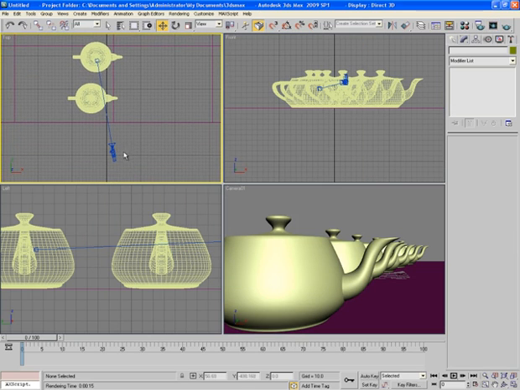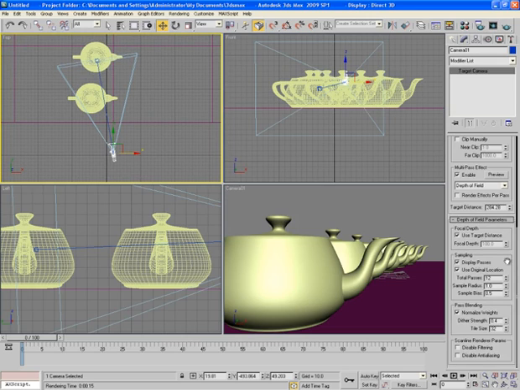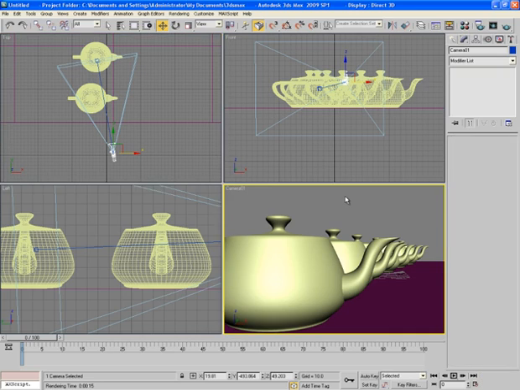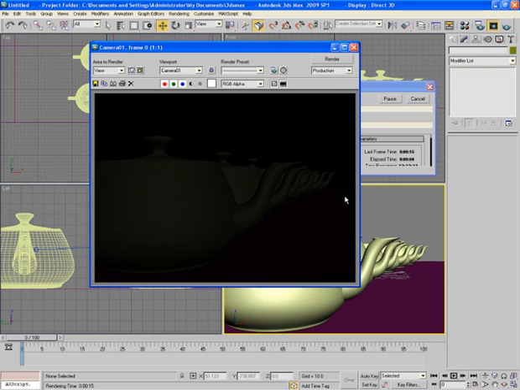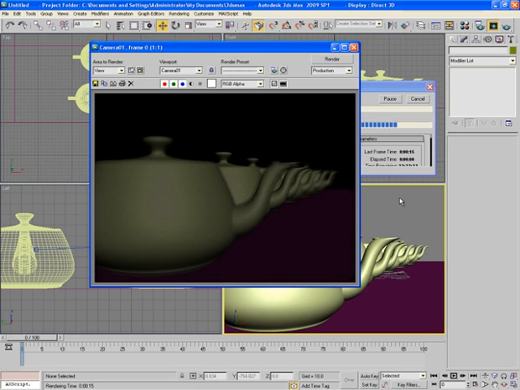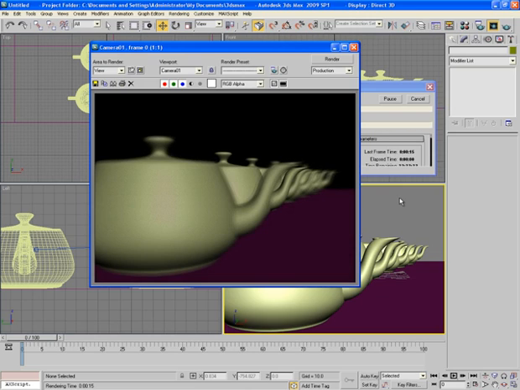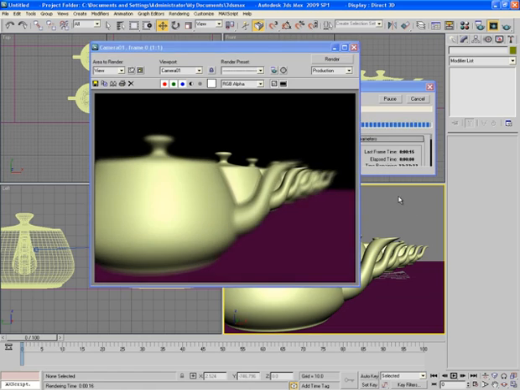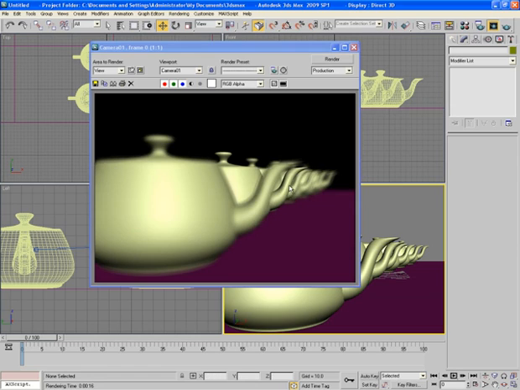To make it more visible, let's tweak some values, like increase the sample radius like 4, and now if you render the scene, and now you can clearly see that only this teapot is in focus, and except it all other teapots are out of focus and blurred.